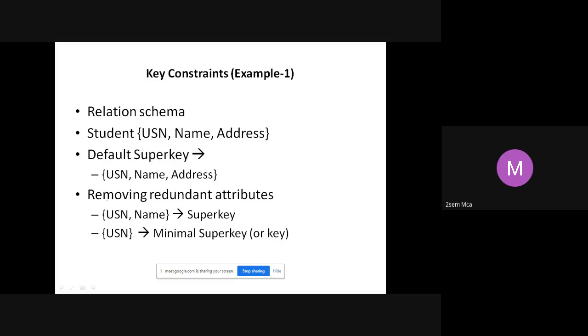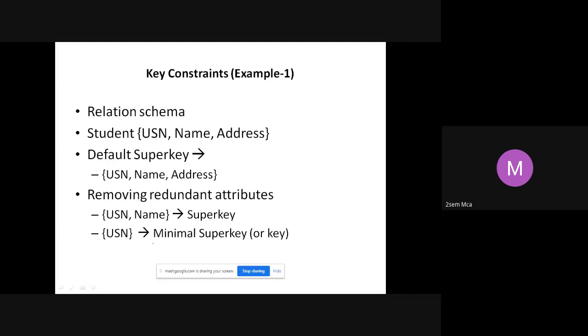You try to remove some attributes and then you come up to a level wherein you cannot further remove any attribute and still identify a record uniquely. Am I clear? You go on removing and you come to a point where, if I remove any attribute further, then I will not be able to identify a record uniquely. That is where I call it a minimal super key.